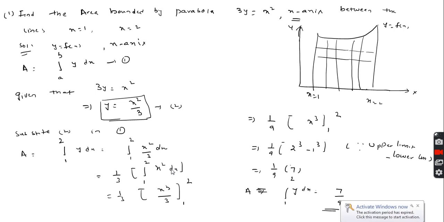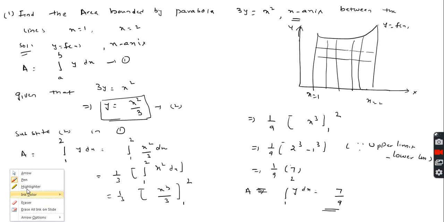So substitute 2 in 1, we get 1 by 3 into the integral of x square dx. What is the integration of x power n? That is x power n plus 1 by n plus 1, and we simplify, we get 7 by 9. Okay, and next one,